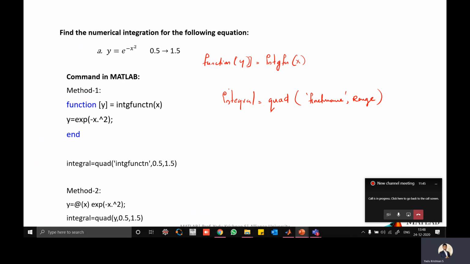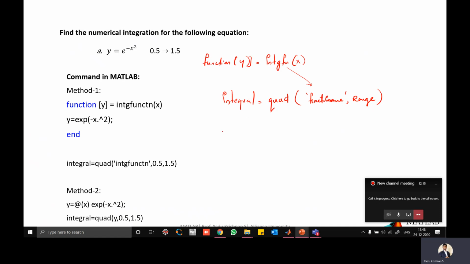Whatever variable you want to store the result in, that is integral here, or you can put your own name. Quad of function name, comma, range. The function name here is this integral function, that is what you have to put here. Range is whatever range you want to give, 0.5 to 1.5.